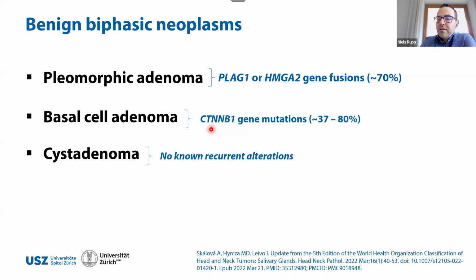So for the biphasic neoplasms, for the benign ones, or the most common benign ones, we have the pleomorphic adenoma. However, pleomorphic adenoma is most often not biphasic alone. They often have a mixture of biphasic areas, which are structured epithelial and myoepithelial differentiation, and they have areas with only myoepithelial differentiation or only epithelial differentiation. So usually it's a mixture. That's also why it's called pleomorphic. It has pleomorphic